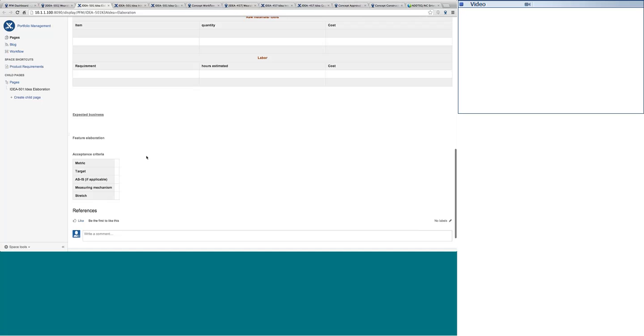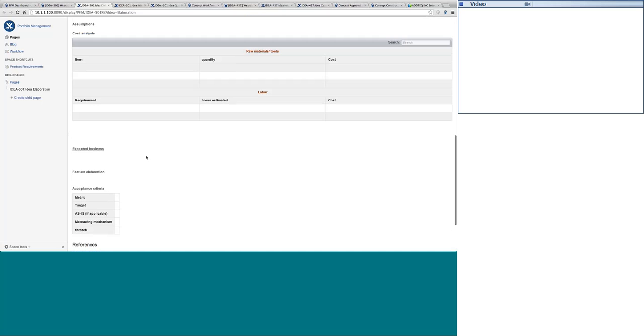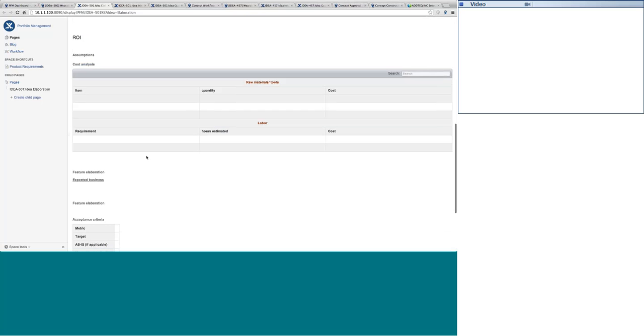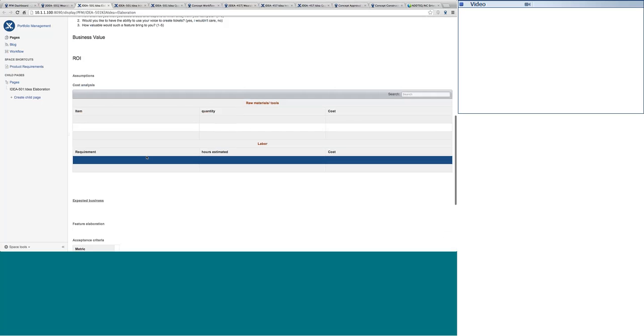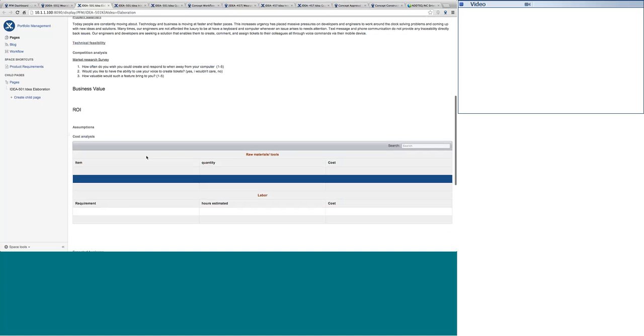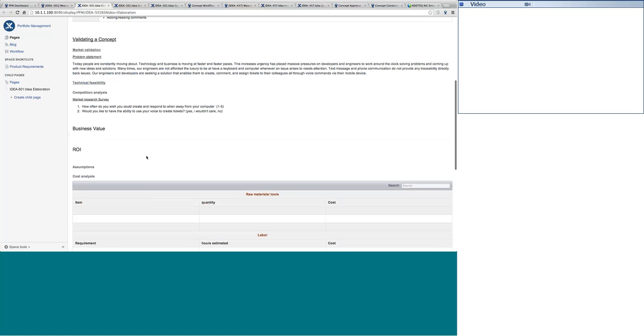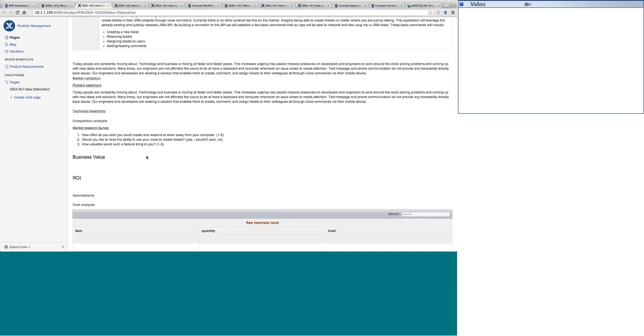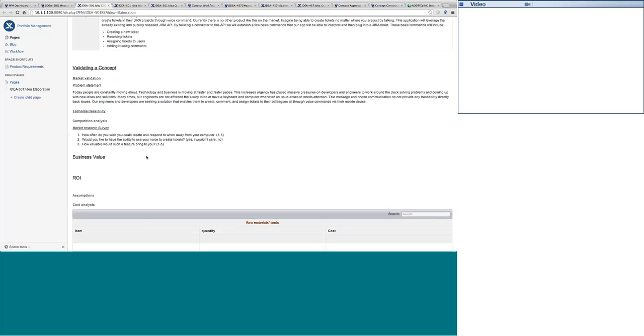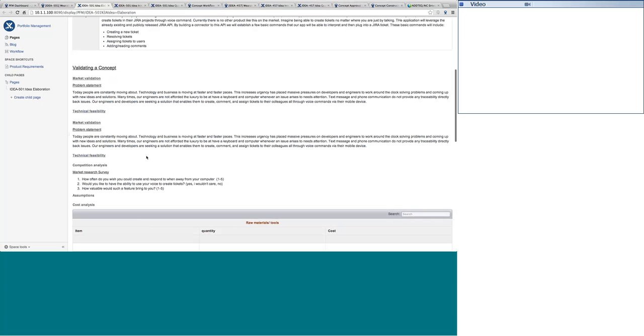Now you can see that all these component pages which I have shown until now, they all adhere to one or the other templates. These are the templates that we have come up with, but your own organization can have the templates that you feel like. I mean the parameters or maybe topics you feel like doing the analysis on, or maybe you feel that all this information is very important for your organization. You can come up with a template for your own organization, completely customized. So let's go back to the idea and see whether we have elaborated. Yes, we have elaborated the idea.